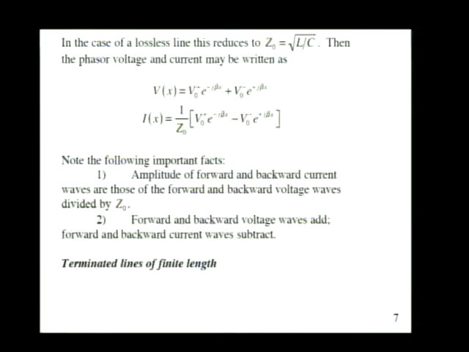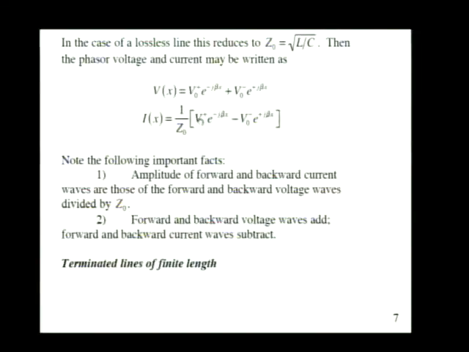Now, let's stop right here and take a look at those 2 equations and see what they tell us. One thing I note immediately is we have a plus sign between the forward traveling wave term and the backward traveling wave term for voltages. But I have a minus sign between the forward traveling wave term and the backward traveling wave term for currents. This is an interesting thing that occurs on transmission lines. Amplitude of forward and backward current waves are forward and backward voltage waves divided by Z0. Sure enough,